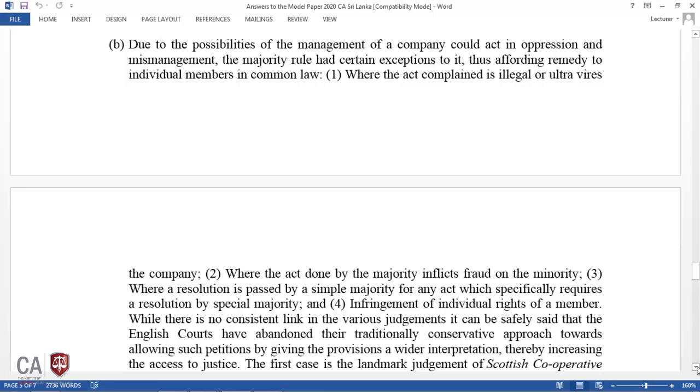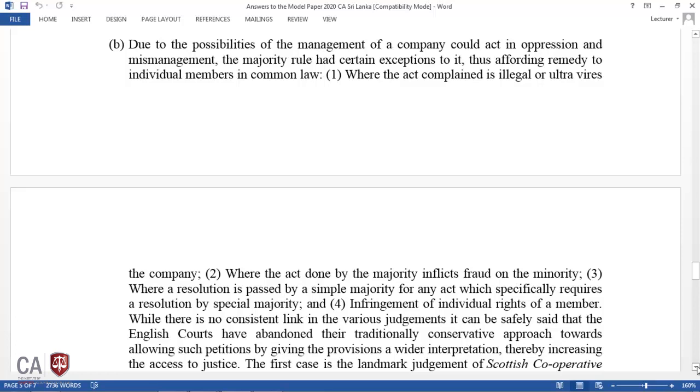Where the act complained of is illegal or ultra vires the company, where the act done by the majority inflicts fraud on the minority, where a resolution is passed by a simple majority for any act which specifically requires a resolution by special majority, and an infringement of individual rights of a member. While there is no consistent link in the various judgments, it can be safely said that the English courts have abandoned their traditionally conservative approach towards allowing such petitions by giving the provisions a wider interpretation, thereby increasing access to justice. Because these provisions come from English law,